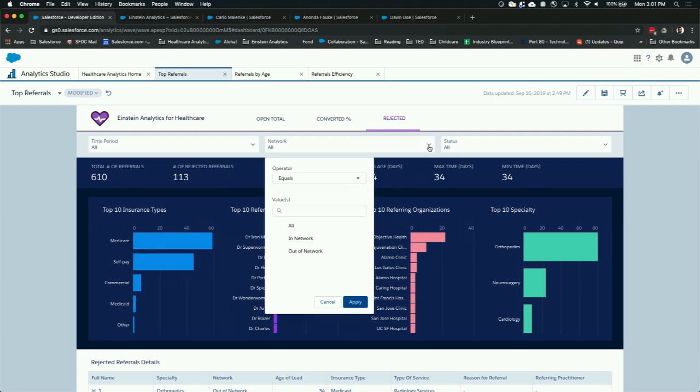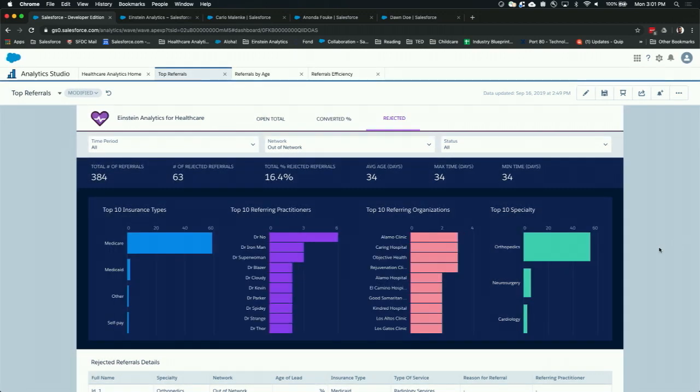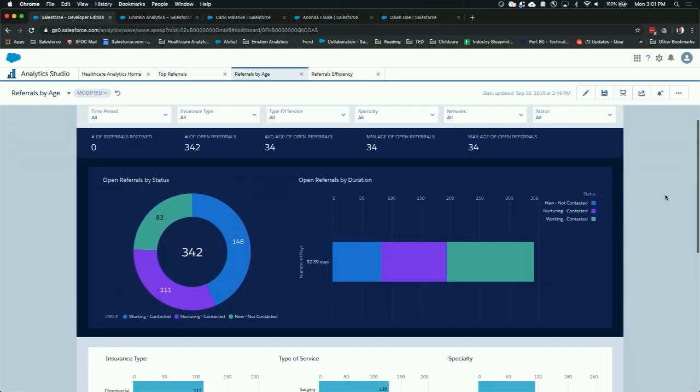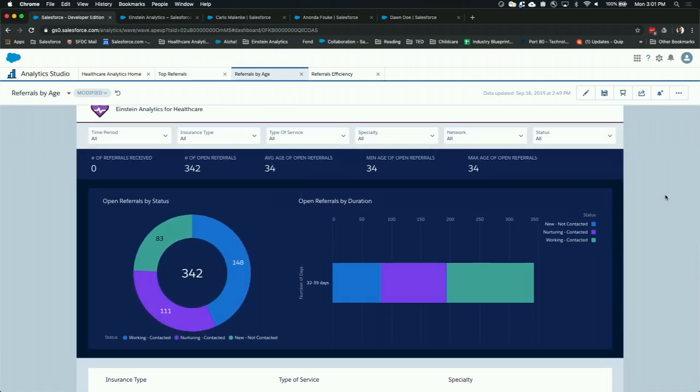Lastly, I can also slice and dice this information by whether these patients are out of network or in network to drive that additional detailed insight into this process. Then I can also look at the referrals by ages. So over here, I can see that there are about referrals that have been open for almost like 40 days,